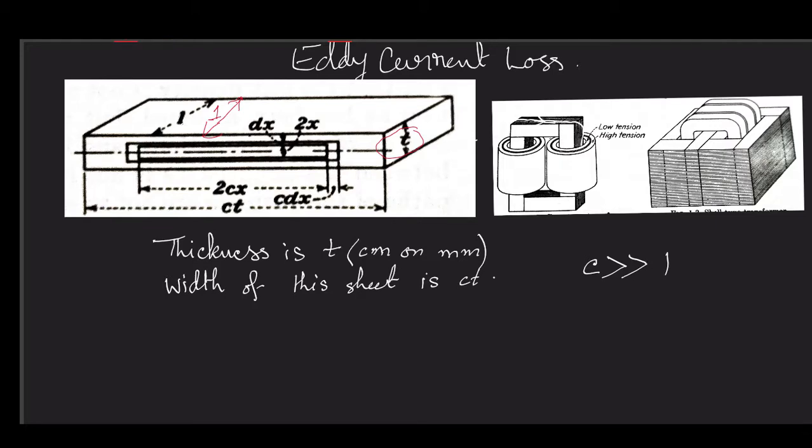Now see, and also we assume that flux is uniformly distributed. So if there is uniform distribution of the flux and it varies harmonically,